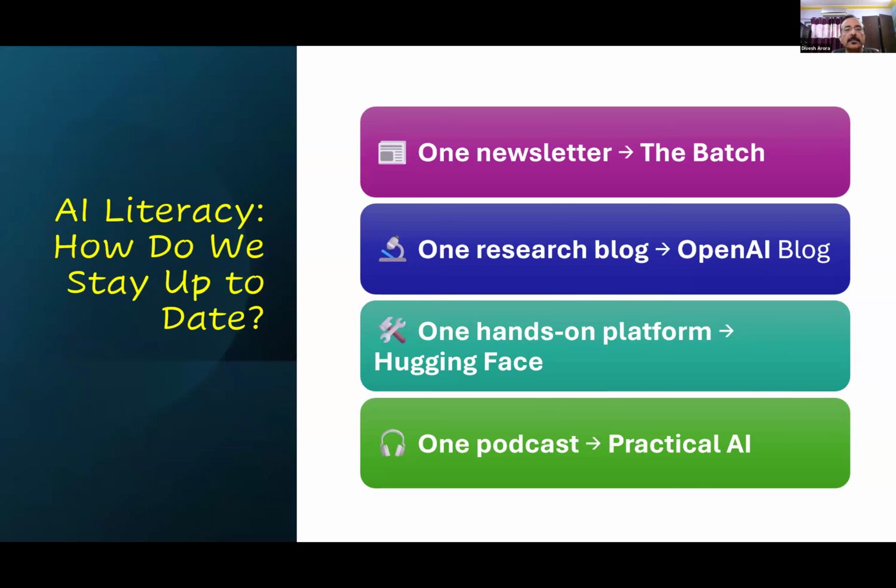So we all keep ourselves updated by attending CMEs and webinars. So how do we keep ourselves updated with AI literacy? I'll tell you the formula, the rule of one. This I got from AI. Subscribe to one newsletter. Subscribe to one research blog, for example, OpenAI, or the newsletter The Batch. One hands-on platform, Hugging Face. Whatever new AI tools are being developed for a short period of time, they are present on Hugging Face, where they seek reviews from the end users. Listen to one kind of podcast, whatever you prefer.